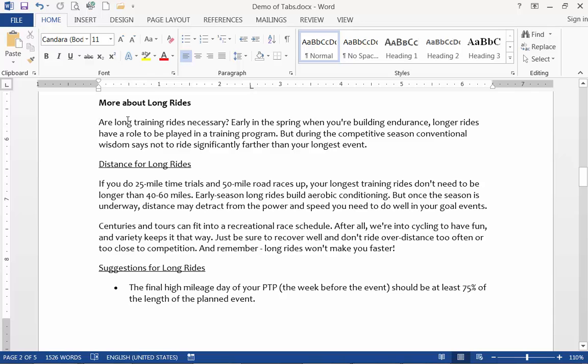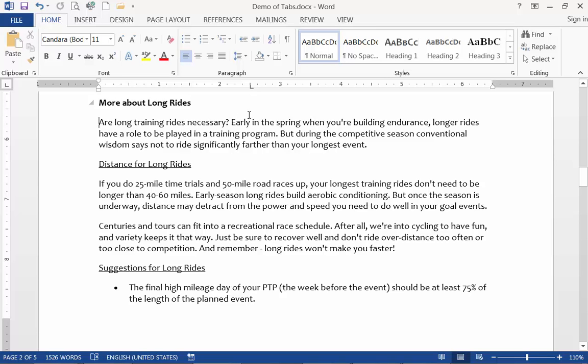Now, when you want to put in a tab, you can use the mouse and click the tab button up here in the upper left corner and use the ruler to insert tabs, or you can use the tab dialog box where you can do more involved and complex tabs. I'm going to show you both, and I am also going to tell you that using tabs, setting up these